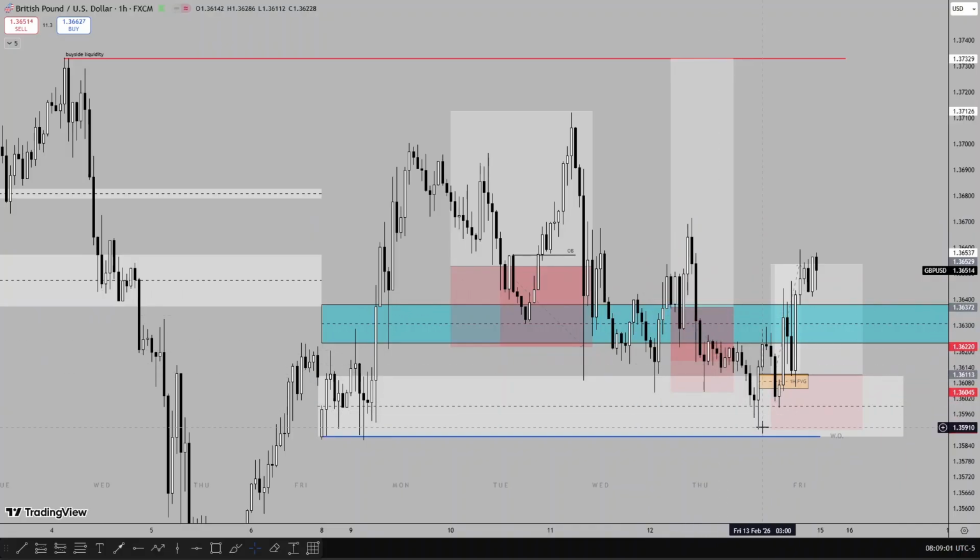But on Friday, I took another entry after price took out Thursday's low. Remember, price is still supporting from the new week opening gap, so there are still more chances of price trading higher. I did a 1 hour shift retracement to a 1 hour fair value gap, and that was my entry anticipating higher prices. And you can see how price traded to a 2 hour before the closing price.